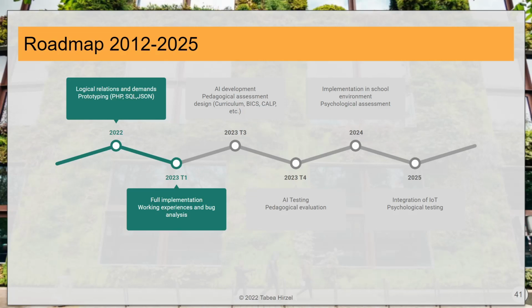And this is not only for the software development, this is also to think over how we use frameworks and how we integrate them, because there is a lot of pedagogy in using frameworks and doing frameworks. That is another topic. And to evaluate it a few months later, and then in 2024 to do the same for the psychological aspects. And yeah, I'm perhaps too optimistic, but it would be really cool to have an integration of IoT in some way by 2025, which means that we could directly from the